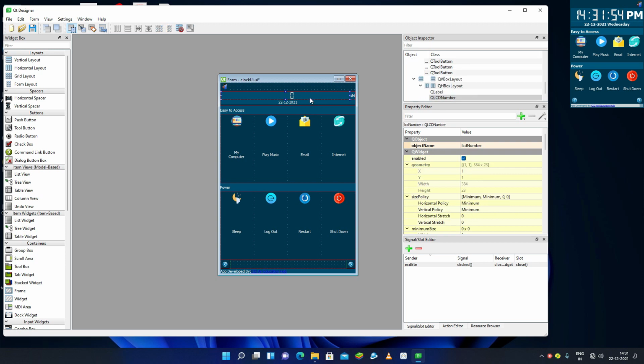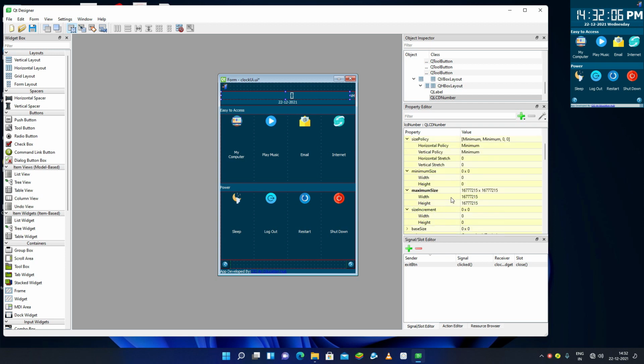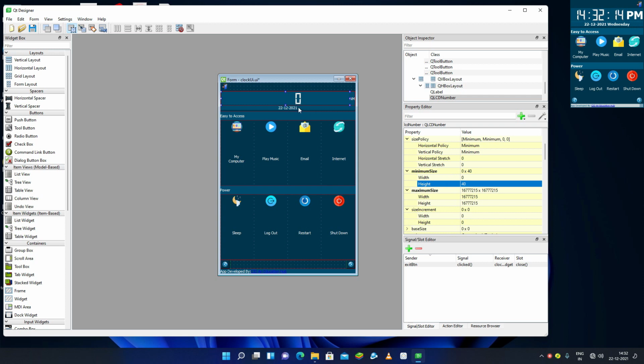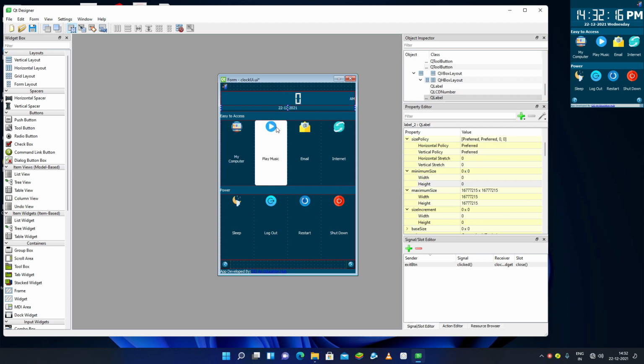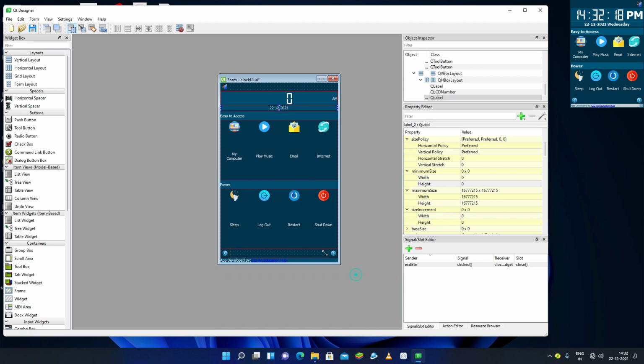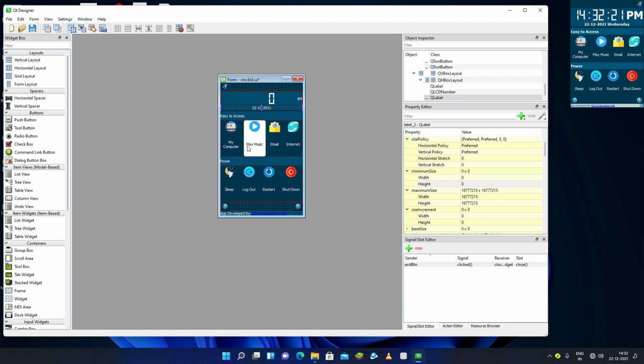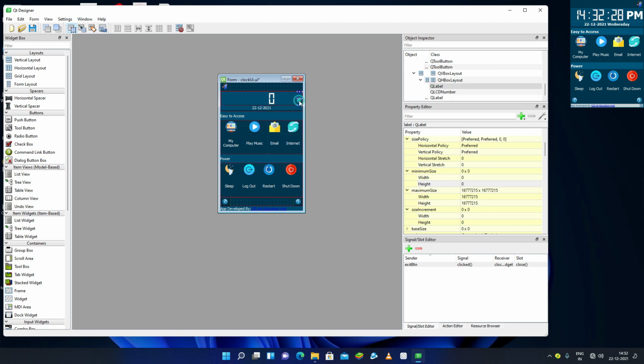Now let's come here and select the size of this time widget. So what I will do, I'll change the minimum height as 40. Okay, so this is now here. Then it is better, but the size is very big for now. But I can add like this. Okay, so this is fine. This is fine for now.